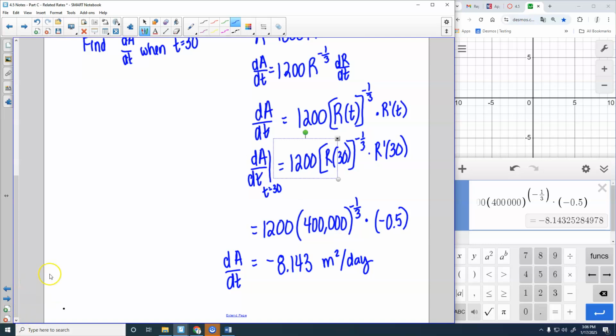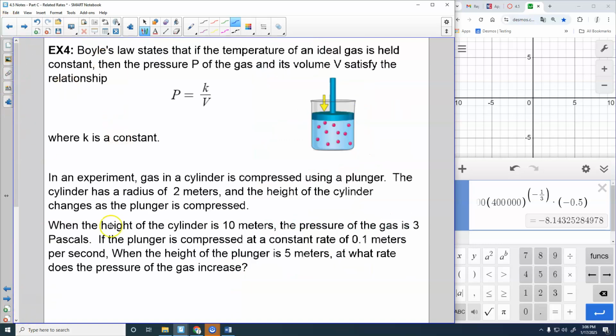So we will come back and look at a Boyle's law problem for sure, because I think you're going to see one of those. We just didn't have